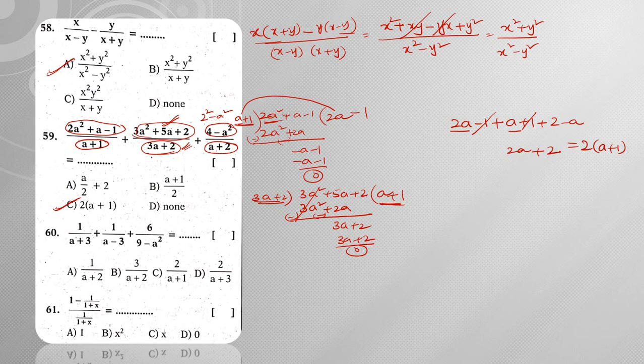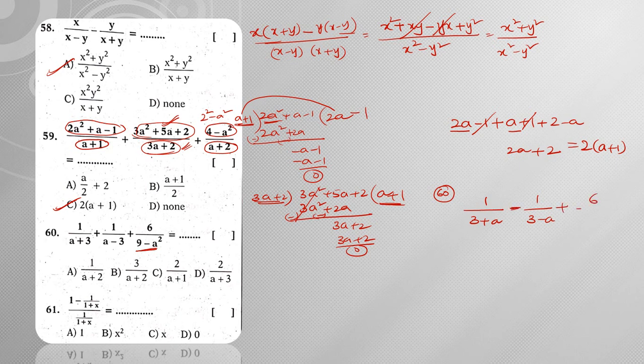Right? Next, question number 60. So these all are nothing but simplification problems. If you observe question number 60, here 9 minus a square I can write as 9 as 3 square minus a square. That is nothing but 3 plus a into 3 minus a. Now if you observe all the things, this denominator I can write as 3 plus a, in the numerator 1. Here if I take minus as common, then I can write it as minus 1 by 3 minus a, because a minus 3 I can change as 3 minus a by taking this as minus.